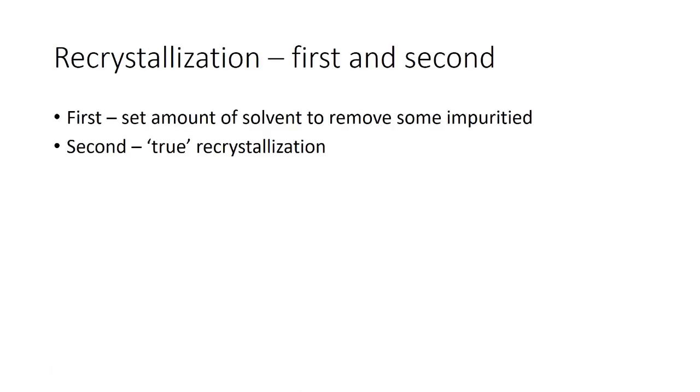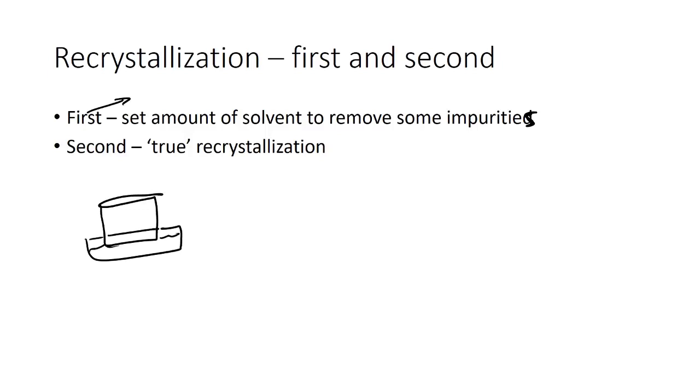Adding a small amount of solvent to dissolve everything. So our first one is just adding a set amount of the acetone to remove the initial impurities. And then the second one is the true recrystallization. And that true recrystallization, like you started to talk about, you put your sample, so you have your sample in